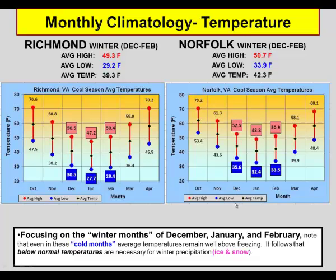Keep in mind that any time snow and ice are in the forecast, in order to experience a snow or ice event, temperatures have to remain below average. So it's only during below average episodes where we have cold temperatures is typically when we may experience our snow